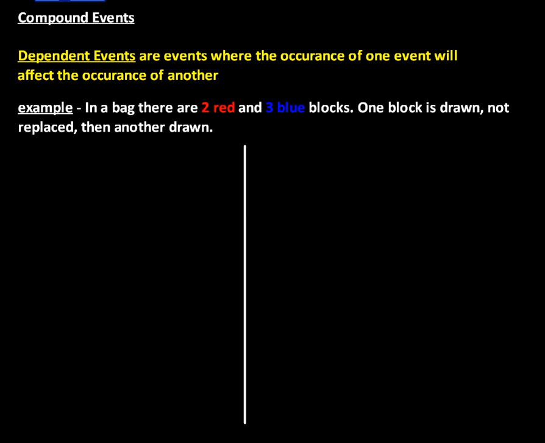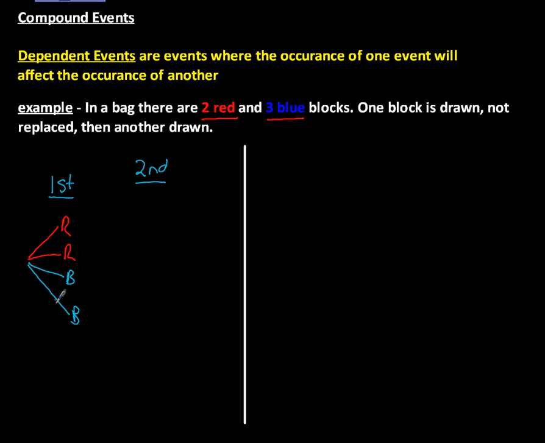All right, so I've taken one that was really similar to the independent one. We have 2 red and 3 blue blocks. One is drawn, not replaced, then another drawn. So let's have a look at our first tree diagram, kind of like we did before. So we've got our first draw, second draw. All right, so in the first draw, we've got 5 outcomes. 2 red, 3 blue. So we've got our red and our red. And then we've got our